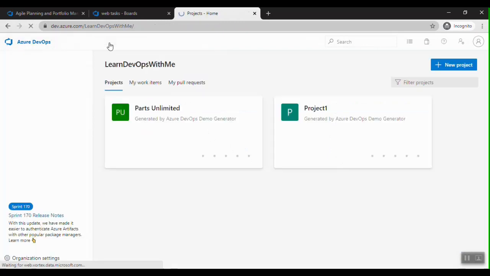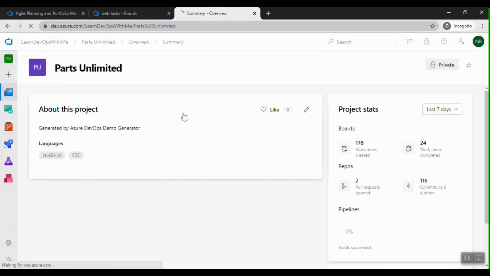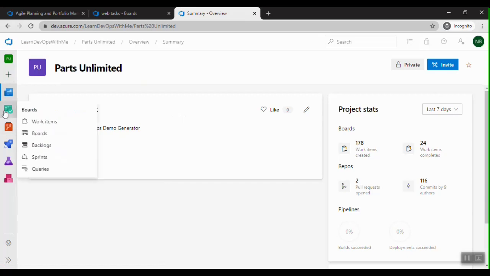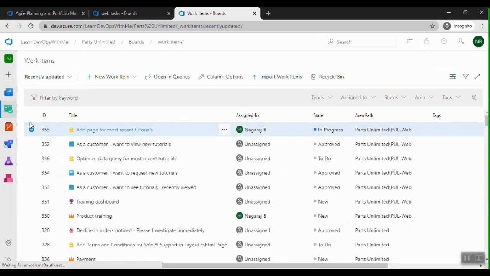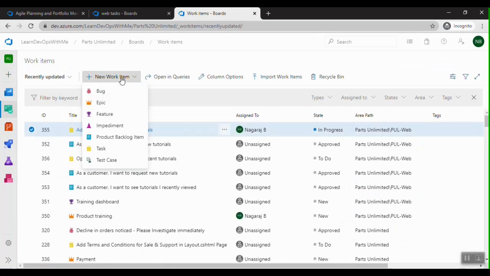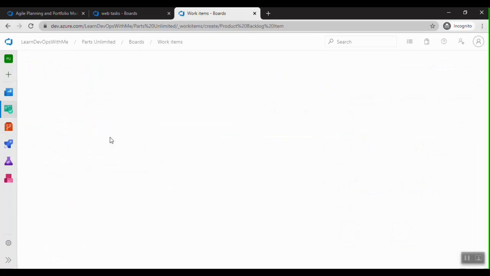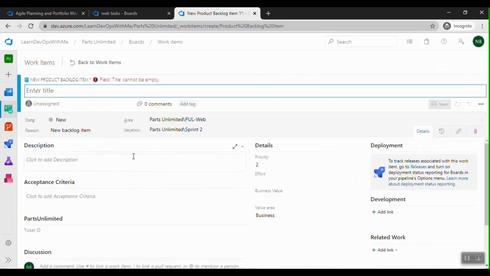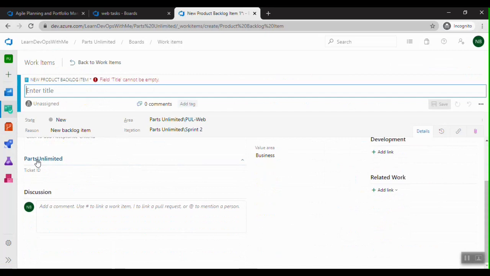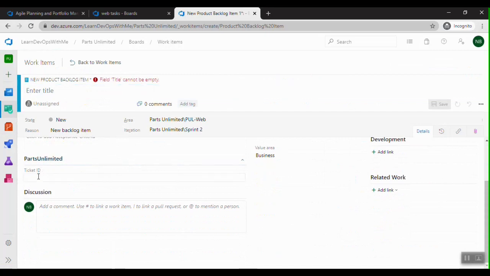Now let me go back to the project and go to the work items. Let me create a new PBI, and you can see here under the parts unlimited group I have this ticket ID.